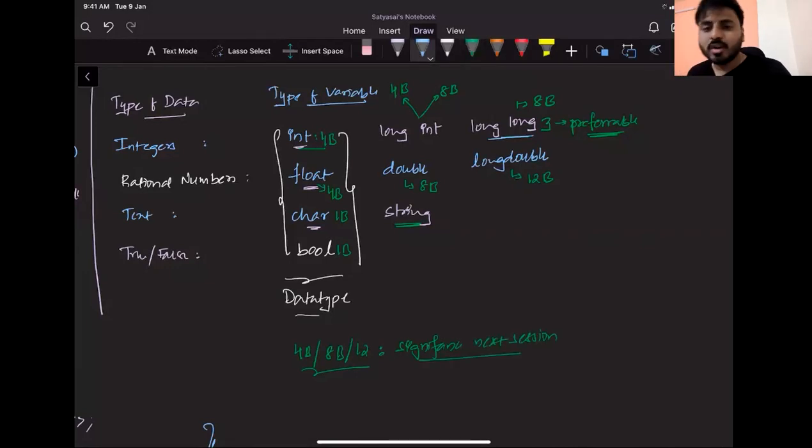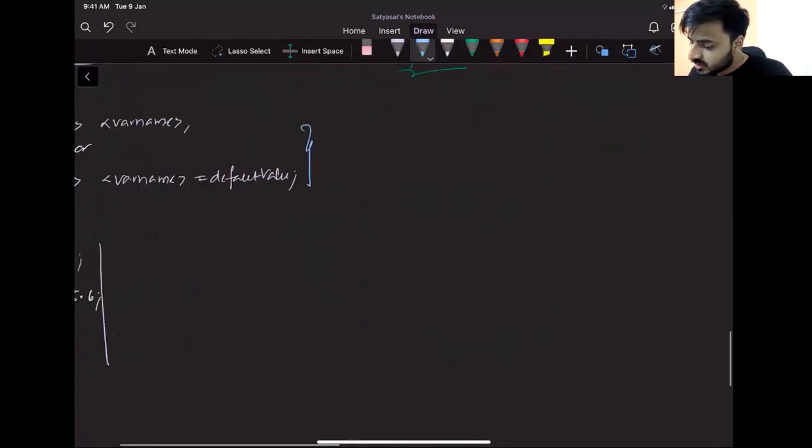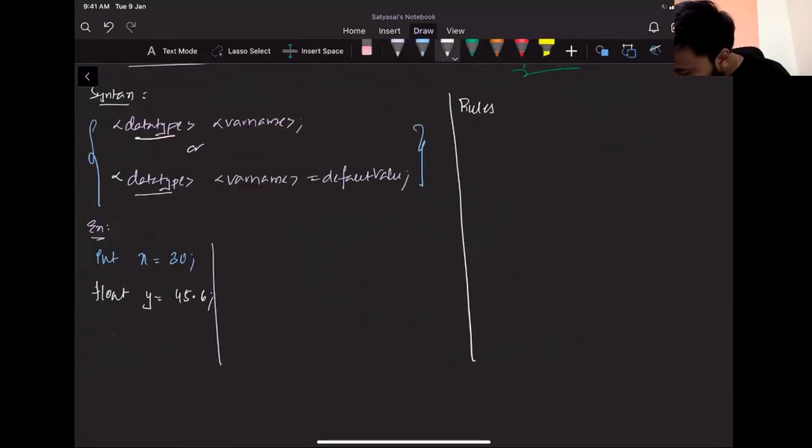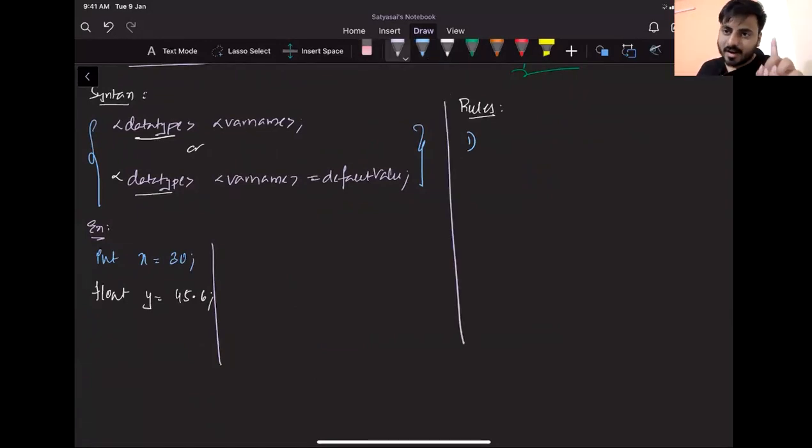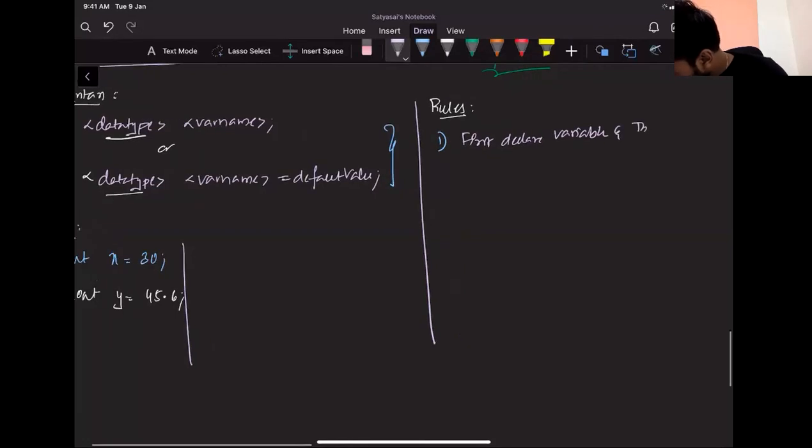Before we close for today, there are a few more rules which I want to highlight. Rules for declaration. Rule number 1. It is very simple, guys. Before using any item, can I say I have to buy the item? Obviously, right? You can't directly steal the entire TV. You have to buy the TV and then you have to bring it to your home. In a similar way, before using any variable, first you have to declare the variable. So first, declare the variable and then use it.